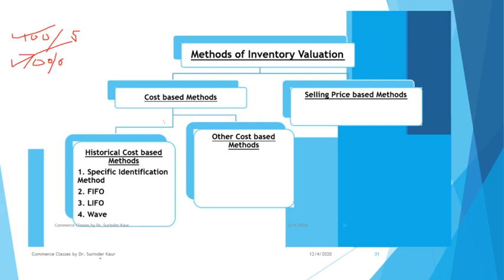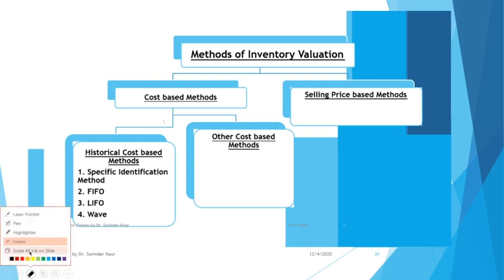So your closing stock, you will be writing 50 units at 5 rupees and 150 units at 6 rupees, isn't it? So this is the specific identification method, but this method is not practical as such. When a huge lot of inventories is involved and various lots are purchased so frequently, you cannot actually identify the stocks with their lots. So we have to follow some other technique where we can just use the cost concept and find out the cost of inventories and cost of goods sold. For that matter, the methods have been designed: FIFO, LIFO, and WAVE.